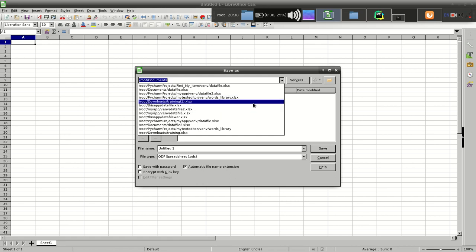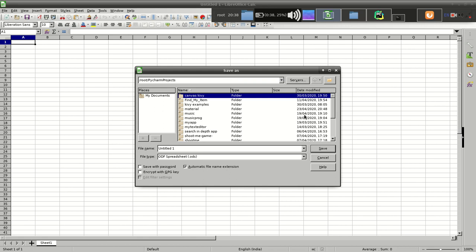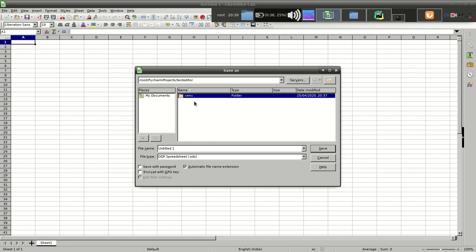I don't want to add here. Let's open PyCharm first and see. Yeah, in PyCharm projects, this one, text editor. This is our text editor directory.